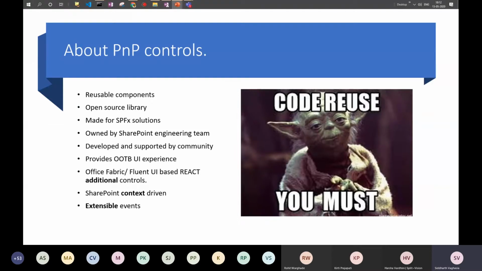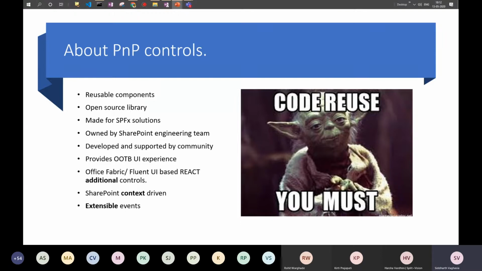Now some of the controls are SharePoint context driven controls. When I say SharePoint context driven control, it means that for some of the controls, just by providing the context to the control as a configurable attribute or property, it will take care of automatically getting data from SharePoint and populating it into the drop down in the control.